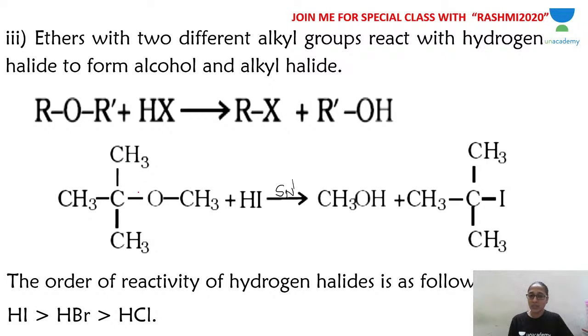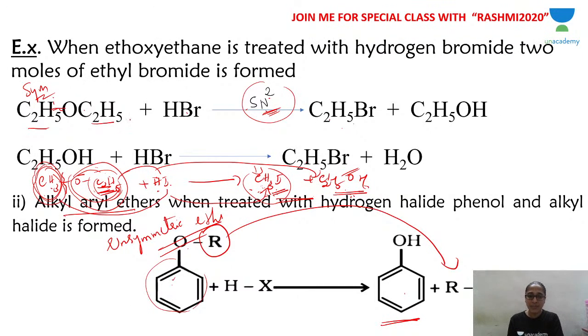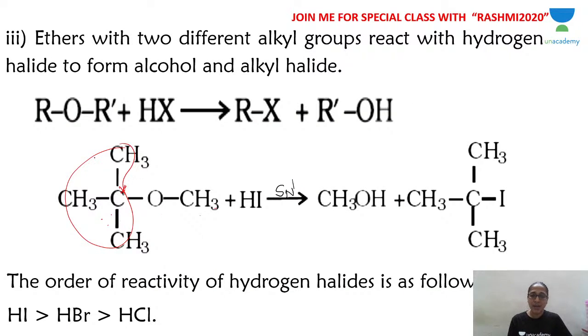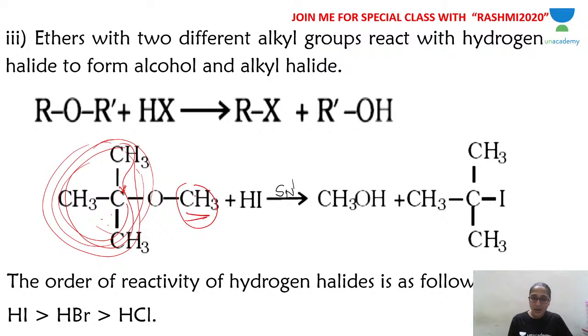That is the case of symmetric and unsymmetric. Now another reaction I'm going to show you, where the ether has a tertiary carbon. See, tertiary carbon. What happens if you have two different alkyl groups? I've told you about the case where both are primary. See, this is primary, is it not? When I gave you the example, both C2H5 and CH3 are primary, right? Now what happens if you have a highly substituted alkyl group like this? This is a simple alkyl group, whereas this is a substituted alkyl group. What happens if one of the two is highly substituted? Will the smaller one give you alkyl halide?